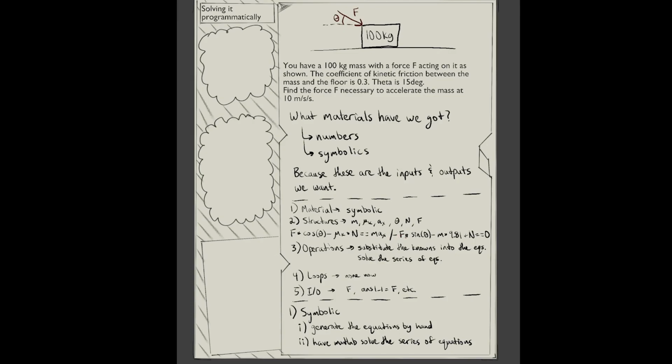And then make the second equation equal to 0. Then I would use the operation to substitute the knowns into the equations and then solve the series of equations. So I would use subs, S-U-B-S, to substitute the knowns into these equations, and then I would solve the series of equations,